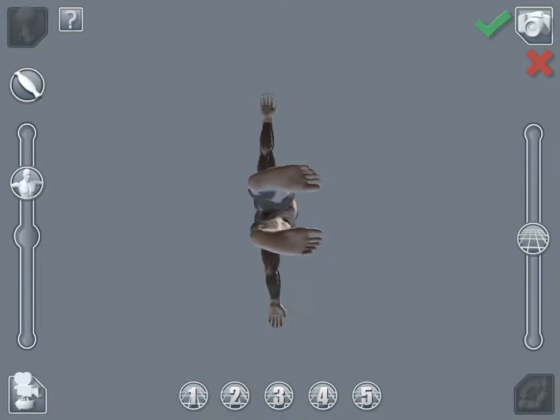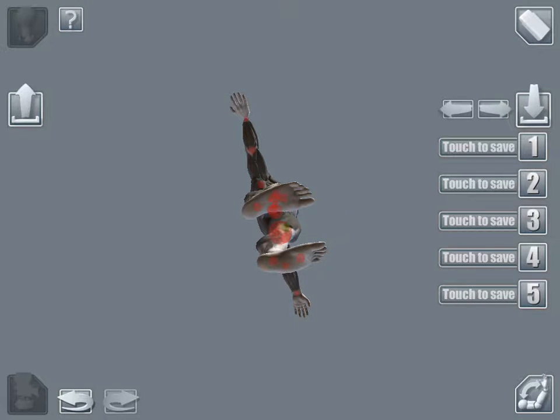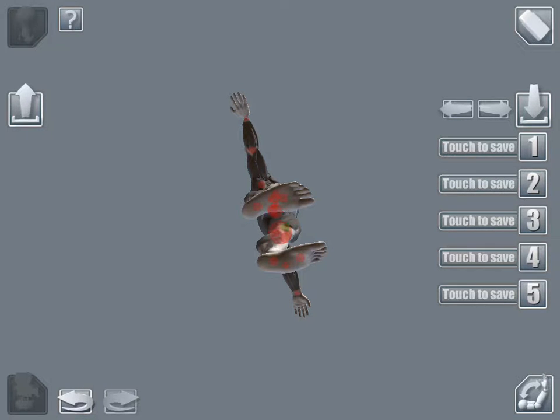So besides turning him, I believe it's this button that I've added dots. So you see I'm moving his hand up there. I'm looking at him from underneath, moving his foot back and forth pretty weirdly. So get him wherever you might want to use him for something else, and click your save button. And you can save each one of those things or save them all, which I'm going to touch five to save